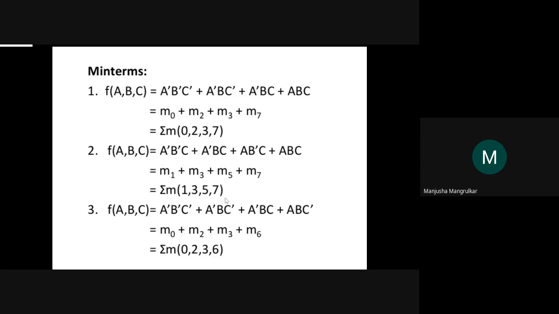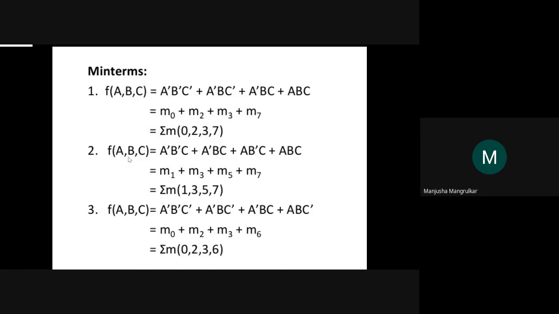It is defined as, if it is a 3 variable function, the terms start from M0 to M7, meaning 0 to 7. Because with 3 variables, 2 to the power 3, there are only 8 possible combinations. If it is a 4 variable function, f of a b c d, how many combinations are there? 2 to the power 4 means 16 combinations, that is 0 to 15. So M0 to M15 it will represent, that we'll see in the next lecture.